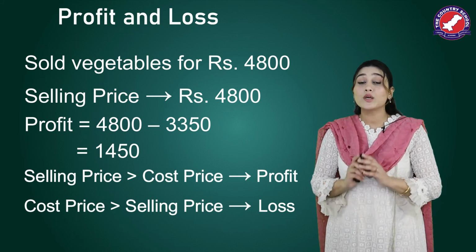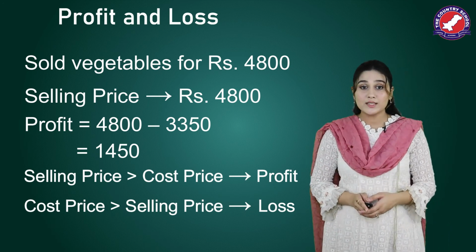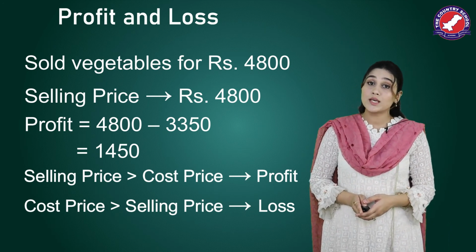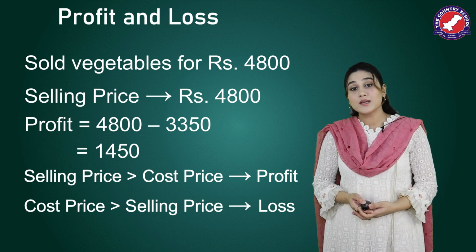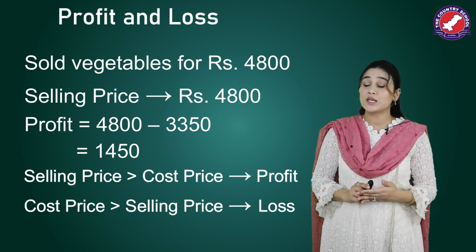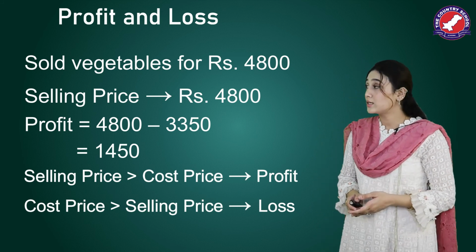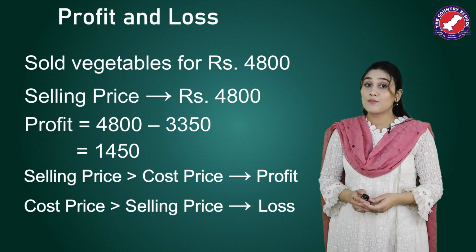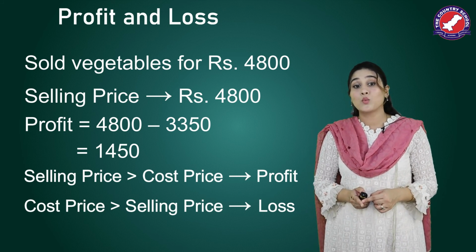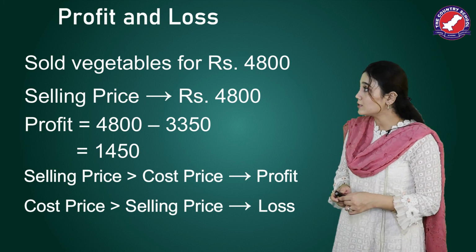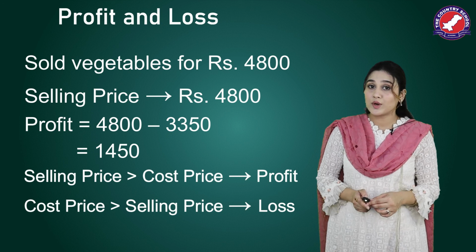So now we know the cost price is the price in which the seller buys goods including all the other expenses. What is selling price? Selling price is the price at which he sells it to the customer. And what is profit and loss? That is the difference between selling price and cost price. When does he make profit? Profit is when selling price is more than cost price. And what is loss? The seller bears a loss when the selling price is less than cost price.